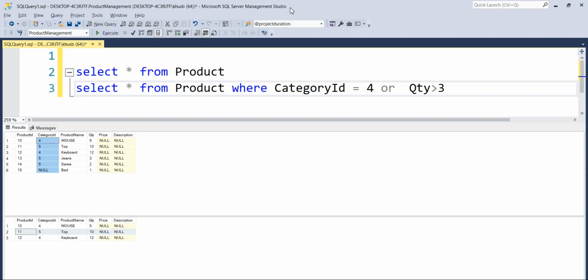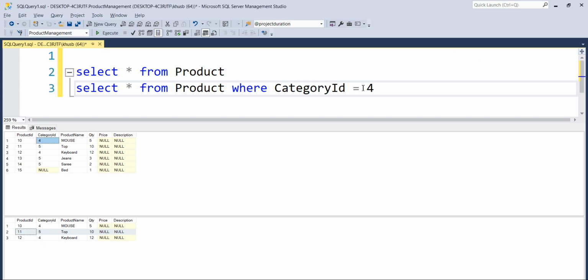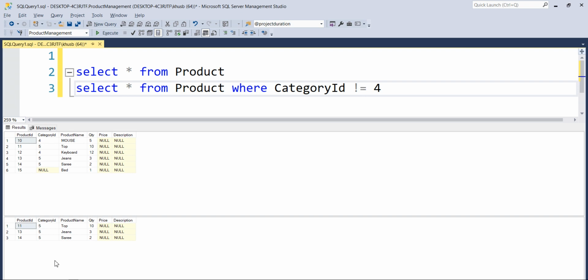Let's say I want to select products where category ID is not 4, so all the others should be selected but category ID 4 should not be selected. In that case I can use NOT, where category ID is not equal to 4. As you can see, it has selected category ID 5. It is the symbol of not equal. So all the other categories have been selected instead of this 4 only.